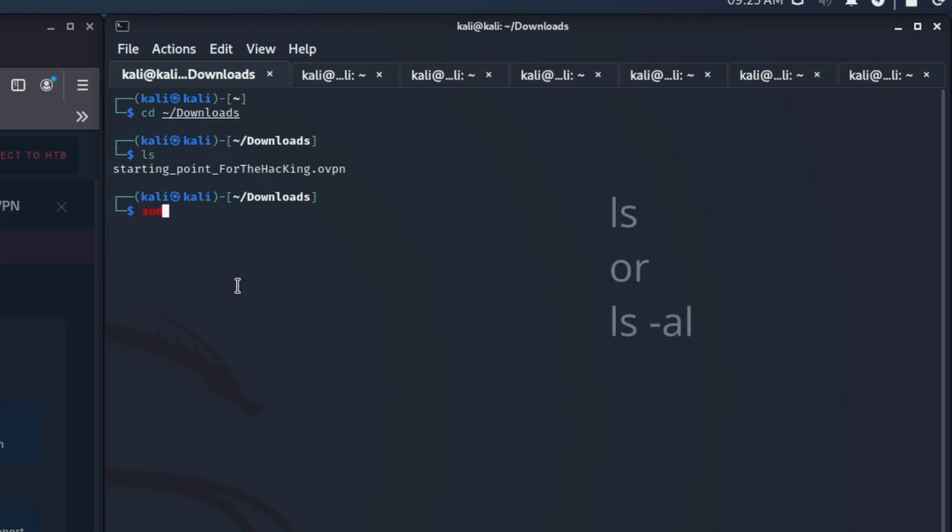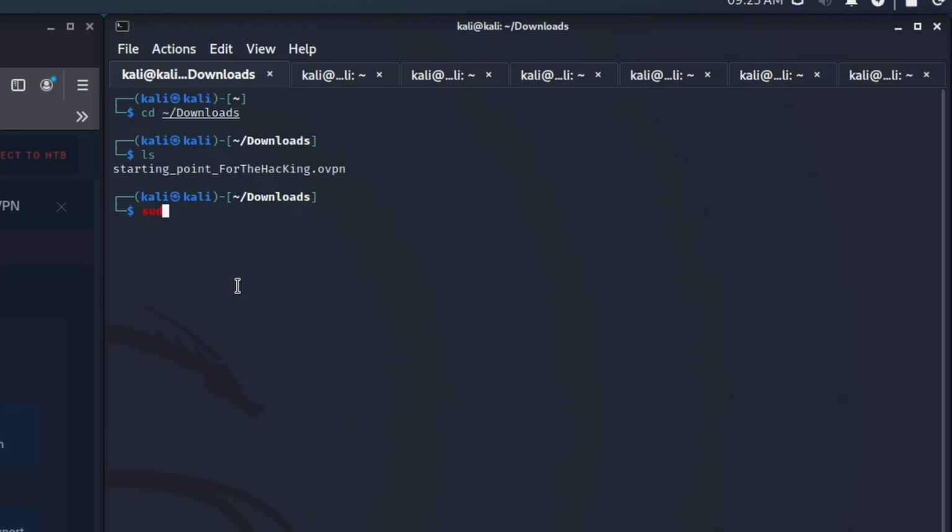And then we're going to use ls, which just means list. If you ever want to see what's in that current working directory that you're in, what items and directories are in there, you use ls. And to see any hidden things, you can use ls, space, and then dash a, which means all. You could do dash al, I think, to list. I can't remember exactly what al does off the top of my head, but usually I do ls, then a space, and then dash al, maybe to see permissions. Either way, once you're in the downloads directory, if you ls you should see